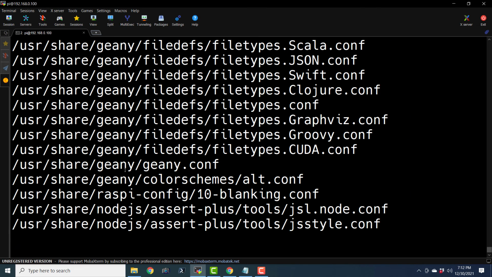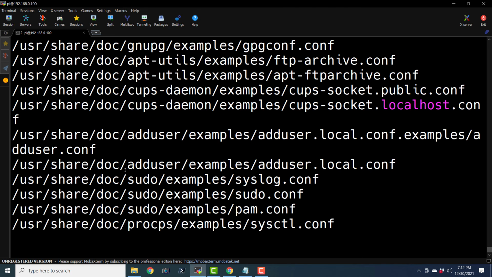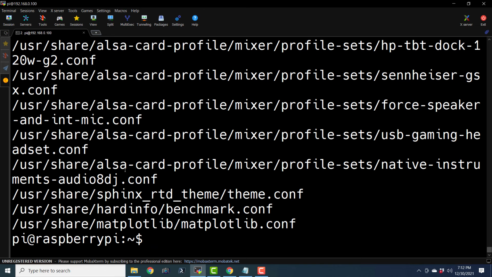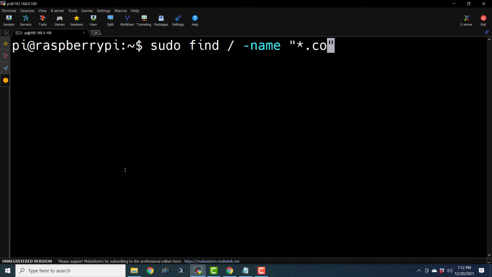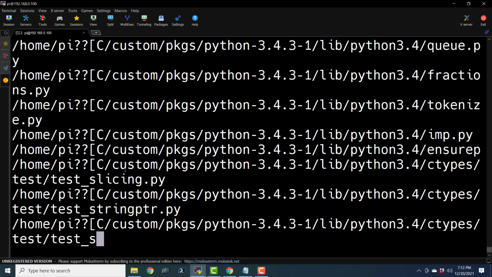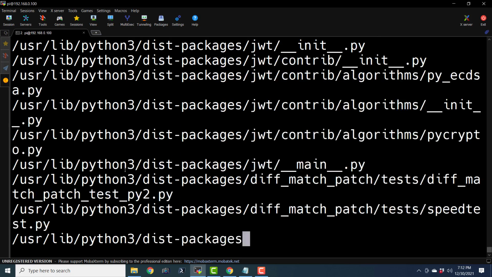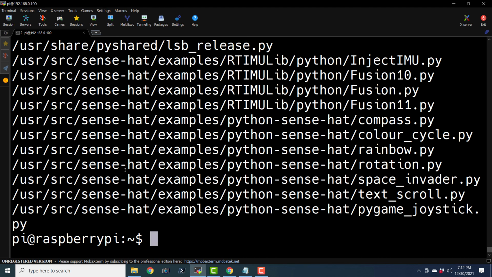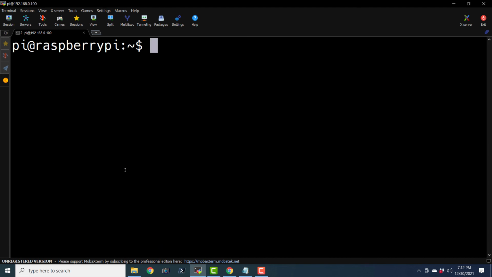Also, we can search for any other file format. It is not only limited to configuration files. Okay, so let me clear it. And let us say py, and if I hit enter, it is showing me all the Python files. So there are many Python files because this is my regular development machine for Python related courses and Python related code. So this is how we can use the find command, and we have seen all the other commands.